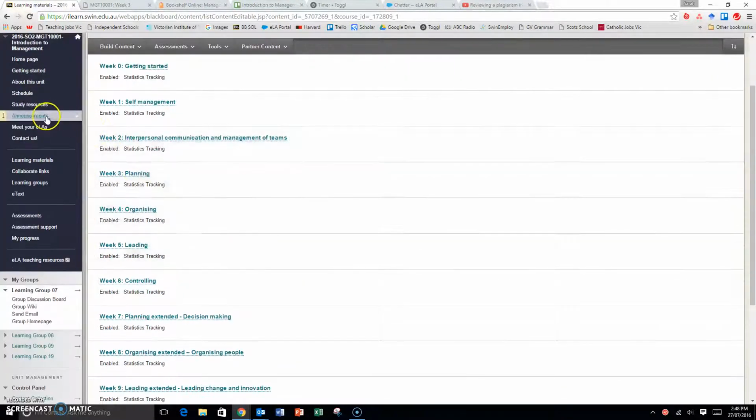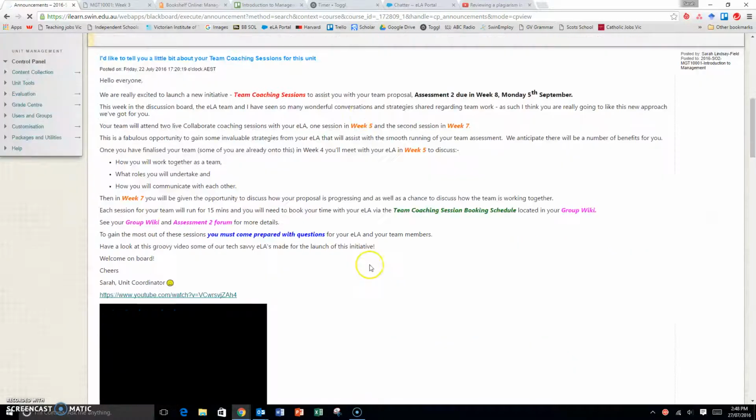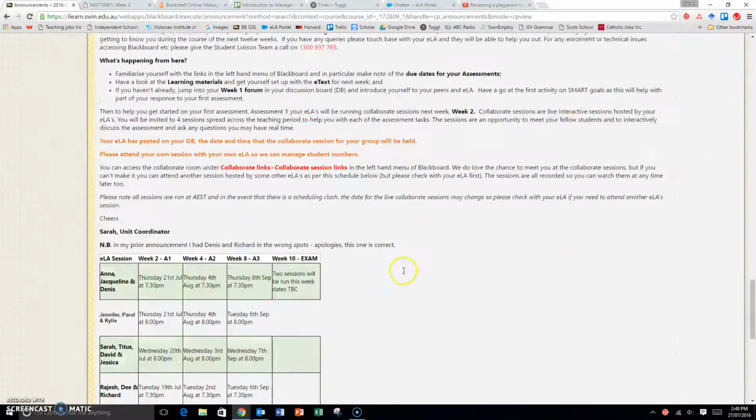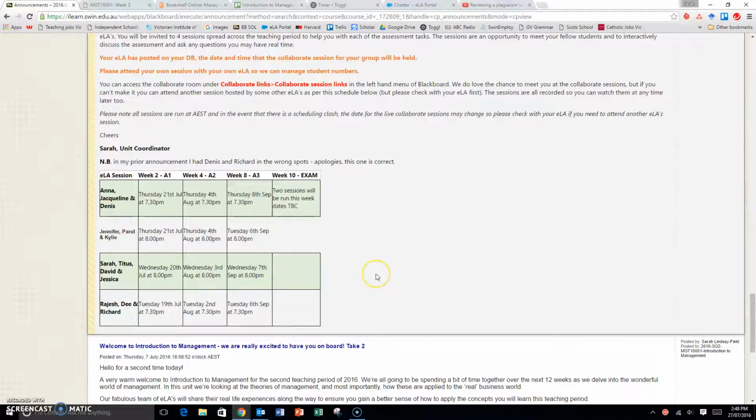So next week, once you've handed in your assessment, you'll be turning your mind more to preparing your response, getting all your teamwork sorted for assessment 2. I'm back in our assessments menu. You just have a look here as to when your session is for next week. We've got sessions on Tuesday, Wednesday and Thursday next week. So jump into your session with your ELA. If you can't make it, there will be a recording, or if you have a clash that night, you can always go to another ELA session as well. But we do encourage you to be with your group and your teammates and your ELA, and that way you form a much more meaningful relationship with them.